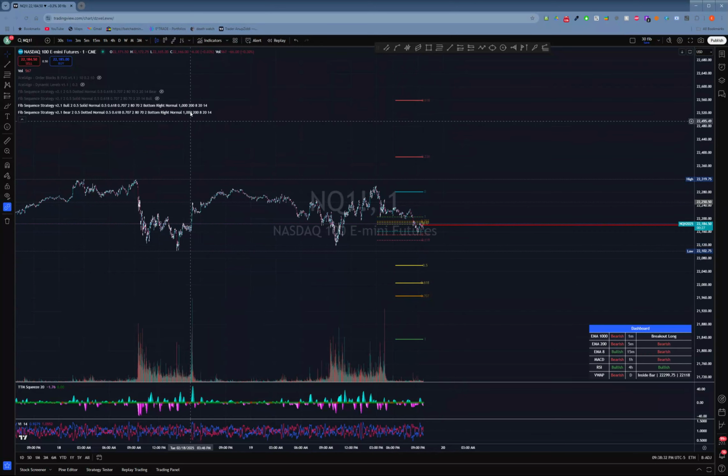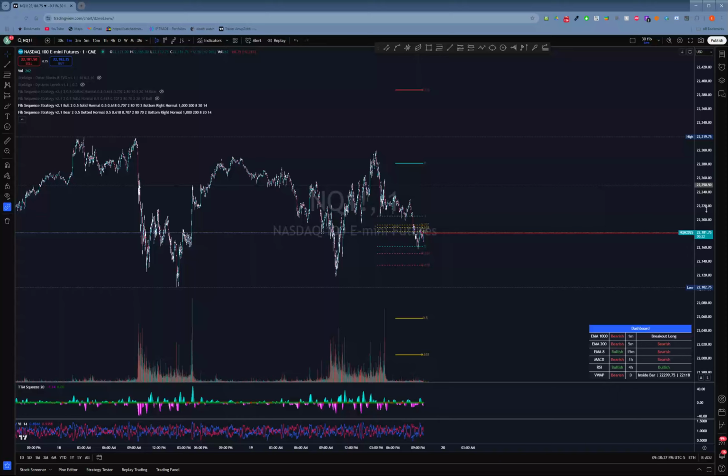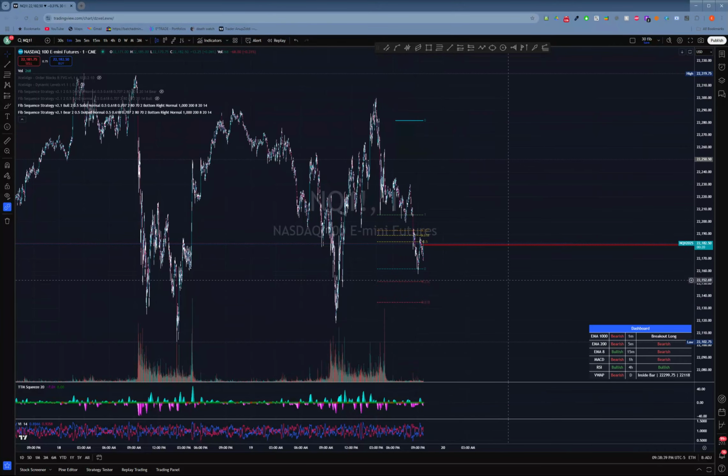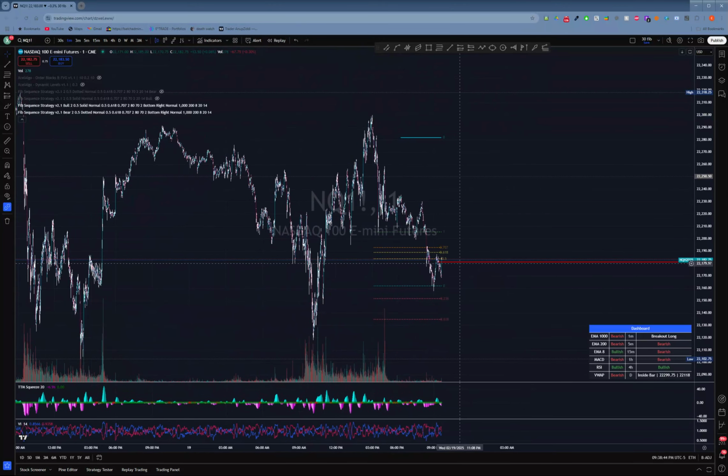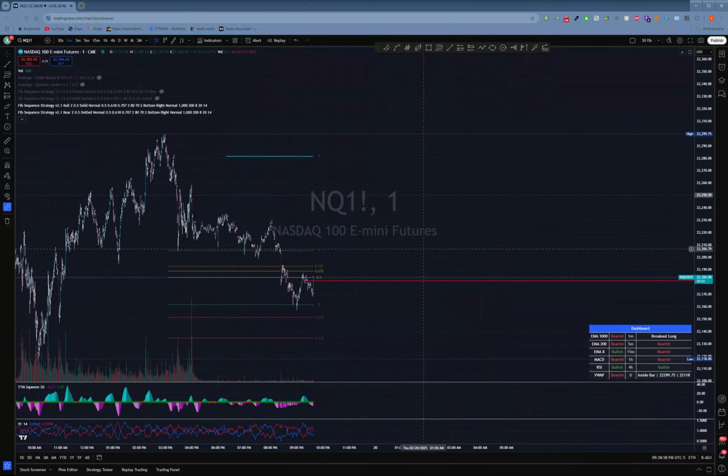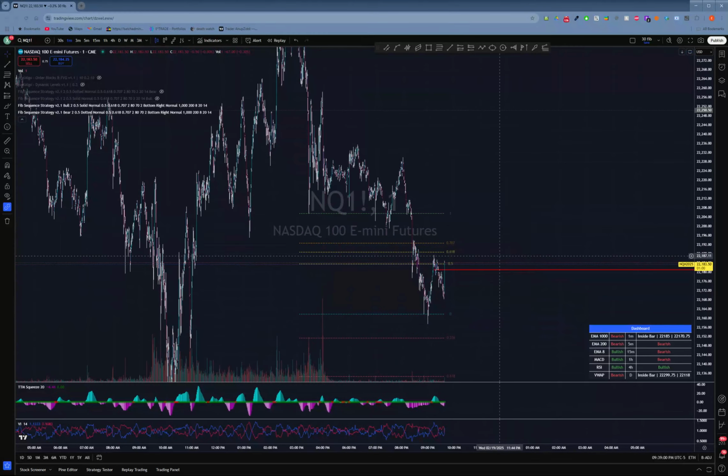Now, what's added is the POC. So here, the POC, essentially, if y'all are familiar, you wait for the POC to shift. So let's say it shifts down, for example. Let's take this one right here. We have the POC. This is a bear draw. If the POC